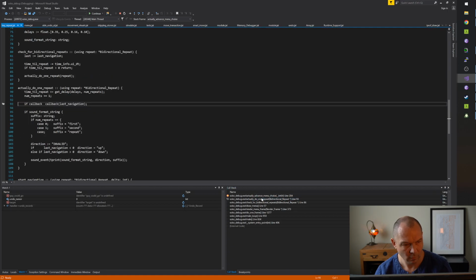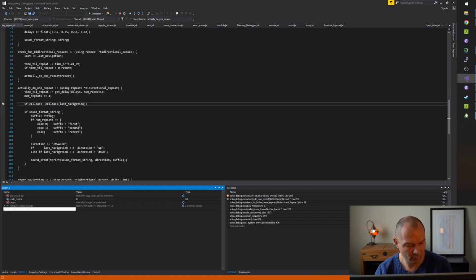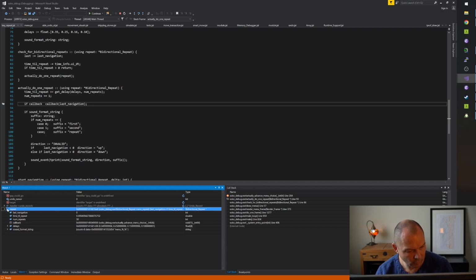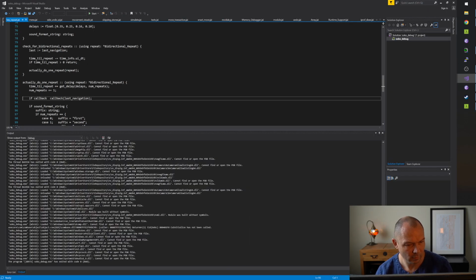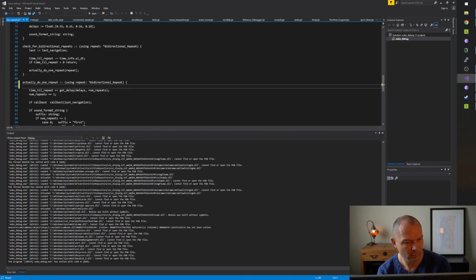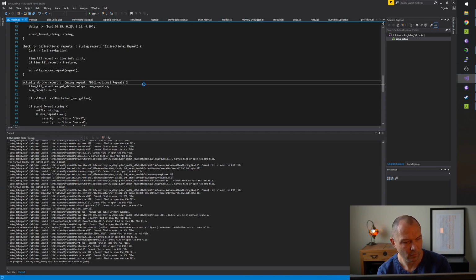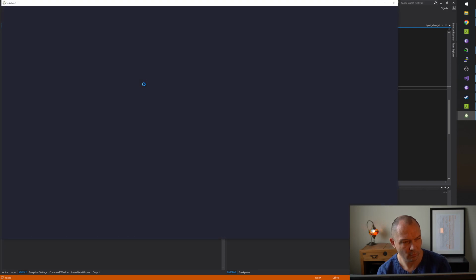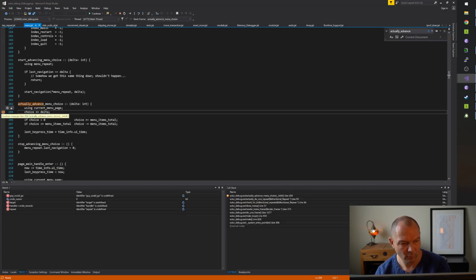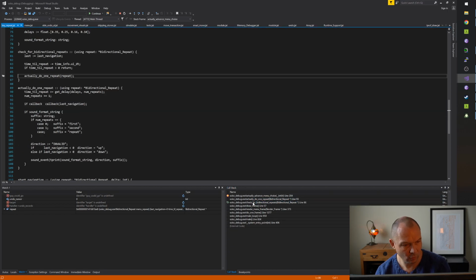Yep. Why are we doing this? Because I'm not just checking for last navigation is equal to 0. Wait. The caller should be checking that. I almost put it in the wrong place. Hang on. All right. So we're here. We're in actually do, we're in,